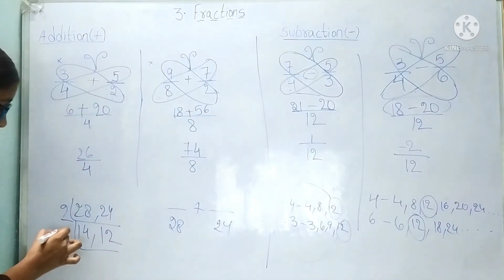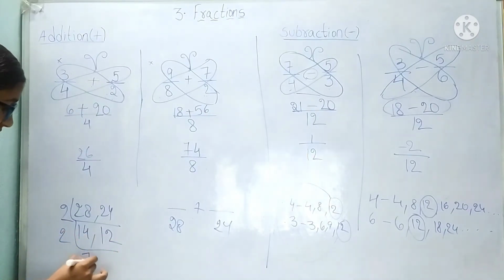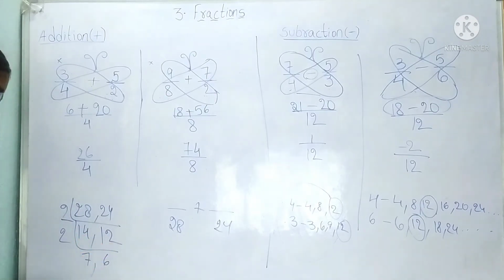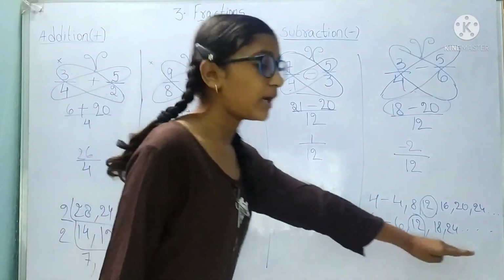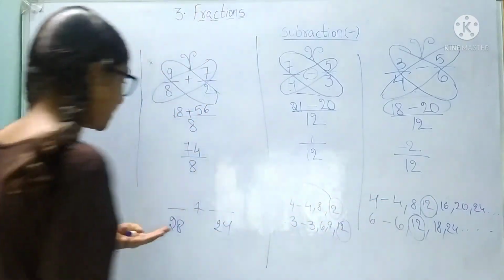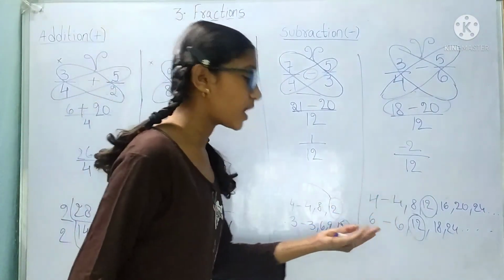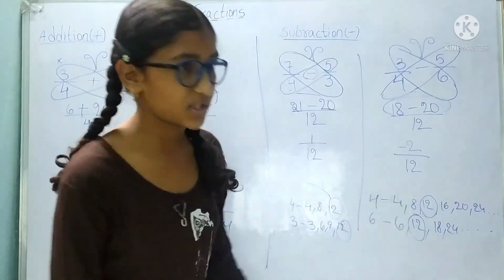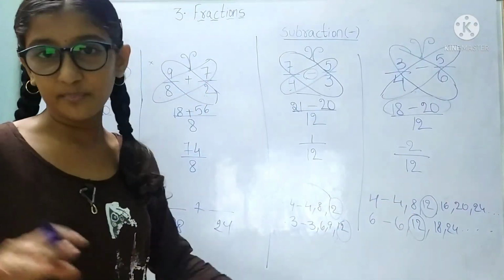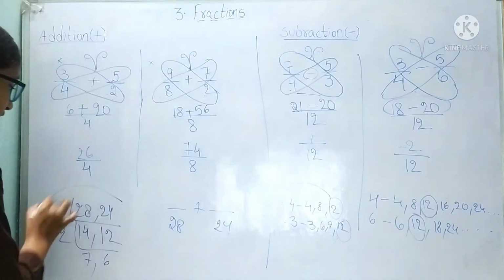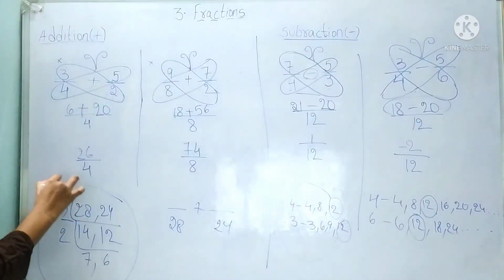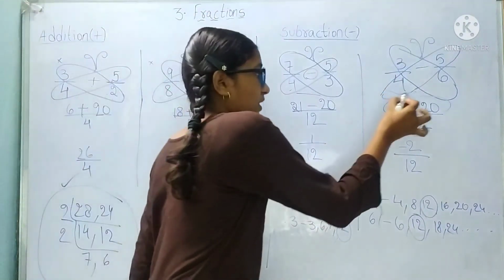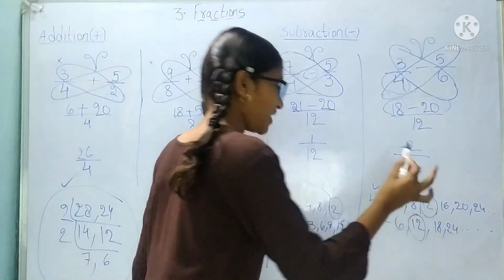So next, 2 table: 2 7s are 14 and 2 6s are 12. Like this we have to do in the LCM method. This is the LCM method. We are writing multiples and seeing for 28 and 24. For big numbers we cannot write 28 ones, 28 twos and so on, we would have to count also. That is a very big method. That's why we also have the LCM. When we have big numbers in the denominators, we have to use this method. It is a very simple, small method. We can use this one.